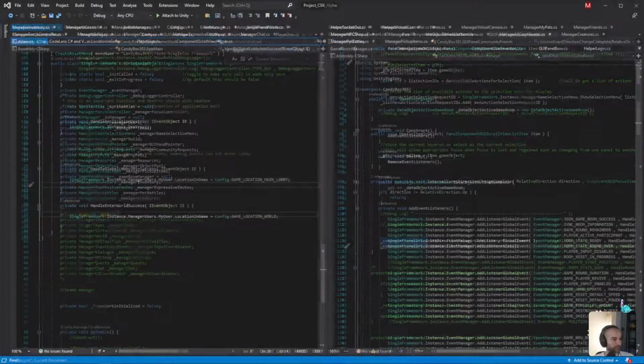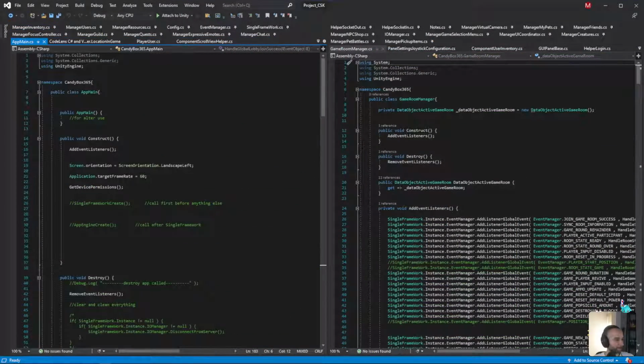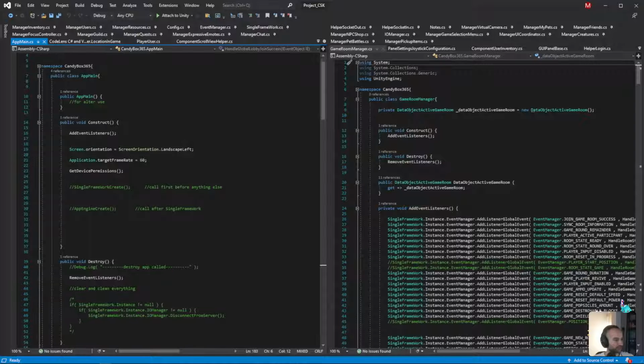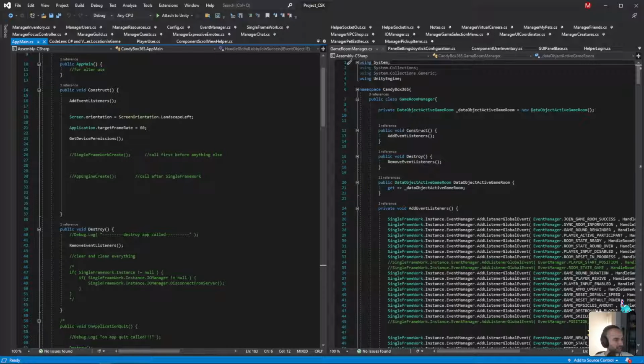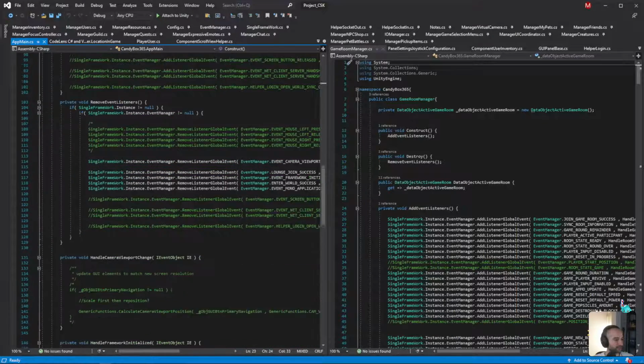Okay, let's see. What else does app main have? App main sets orientation, frames per second, device permission. Oh, right. Okay, so this is kind of important, actually.